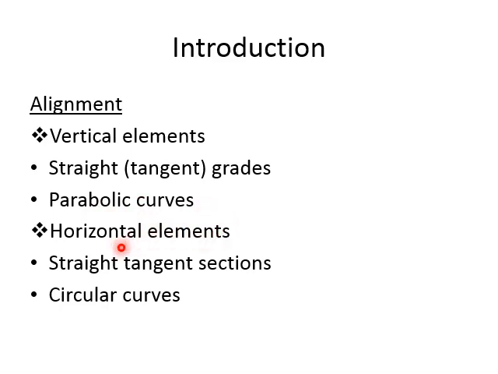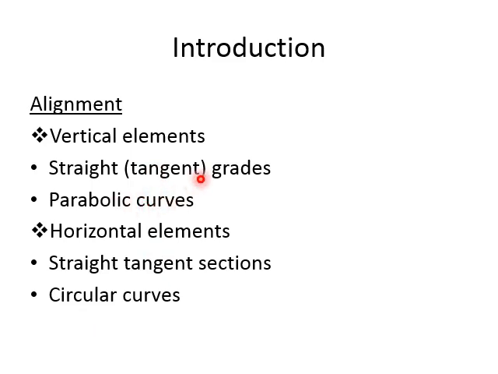And then we come to horizontal elements. Horizontal elements again are comprised of straight sections, also called tangents, and then we have curves which join these tangents. These horizontal tangents are basically different directions, and whenever you have a change in direction you will shift from one tangent to another tangent, and then you will need a circular curve to join these tangents. So normally in the horizontal plane we use circular curves, which are much simpler for the drivers, and in the vertical plane we use parabolic curves.